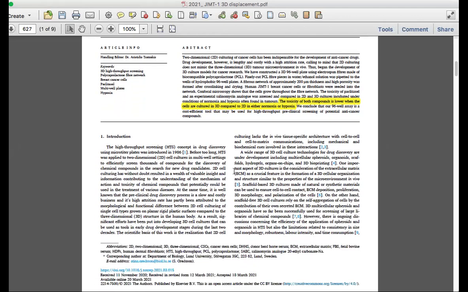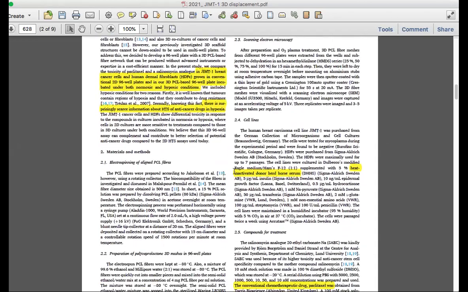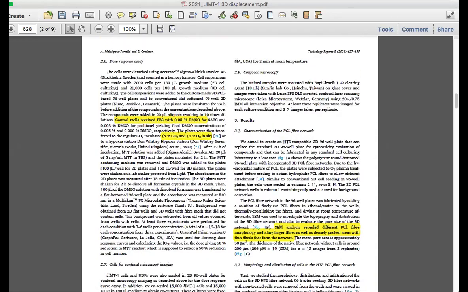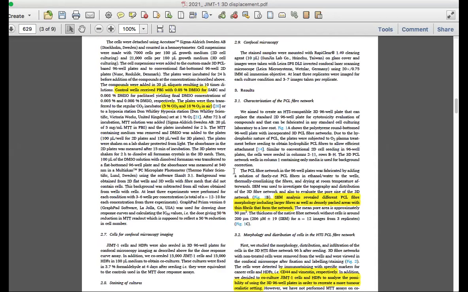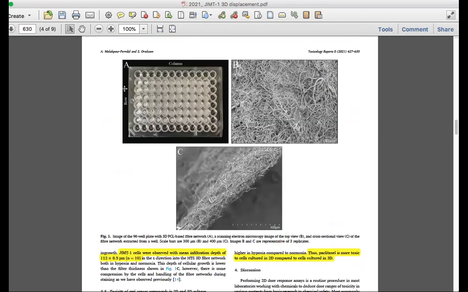So the idea of this article was to prepare a low-cost 3D culture matrix. And what they did was to use this polymer called polycaprolactone, which we will call PCL. And they prepared it inside a 96 well plate, as you can see here in section A of figure number 1. And in each of these wells, you can see here the fibers, and in this picture taken by the